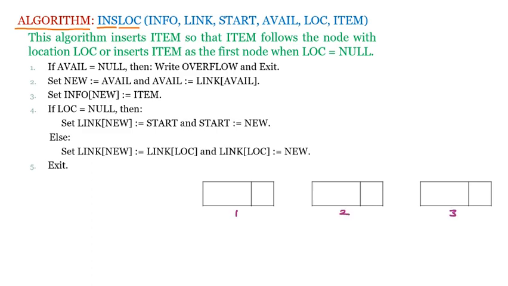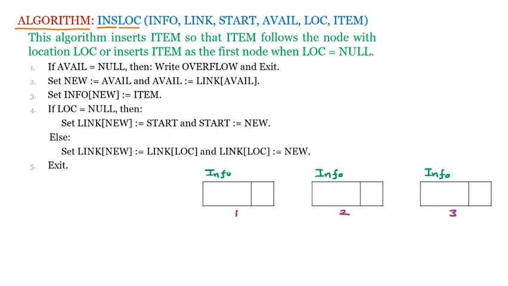These are the free spaces or the free nodes which are available, and we know that every node in a linked list contains two parts. The first part is the info part. The info part contains the information of the node, let us suppose 7, 3. But here it is a free list, that means the list of free memory blocks. So these blocks are empty, the info part is empty.